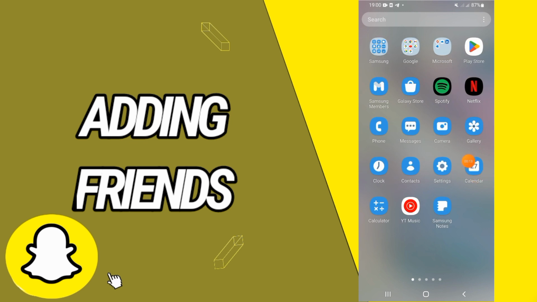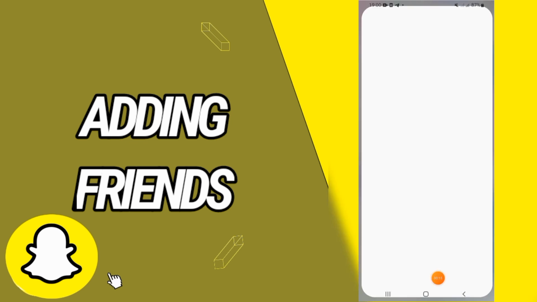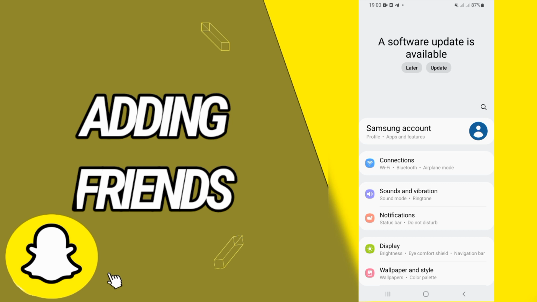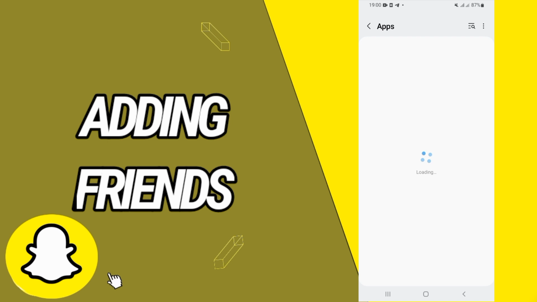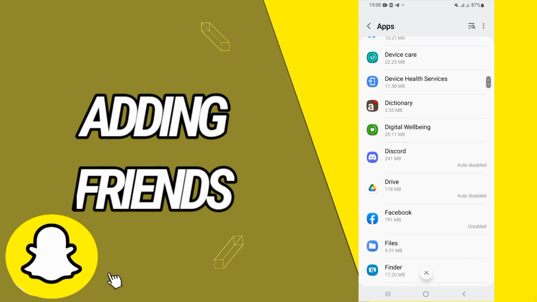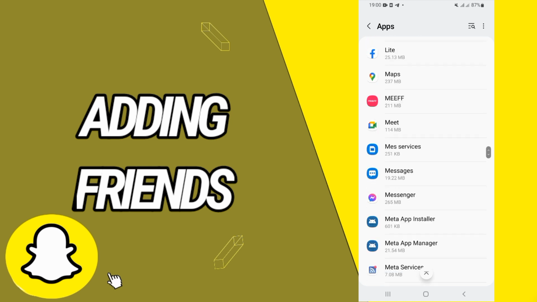So first guys, you will just go to the settings of your phone and you will open it, and then you will go to apps or application. Then, as you see, it's loading, it's searching for the applications that you have on your phone. And when you see all your applications that you have in your phone, you will search for Snapchat,